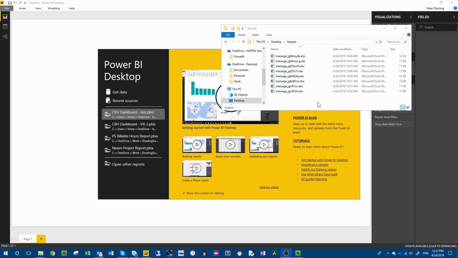So I created a folder here that has 8 different reports inside of there. They're all the same type of report. The only thing that differs between them is the location that they're associated with and the date associated with the report. So I want to make sure that I can bring in all these reports into one big data set